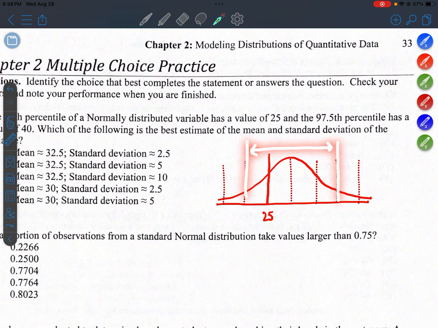Okay, the 97.5 percentile, well, we know that if we go 2 standard deviations out, that's going to capture about 95% of the data. Now everything has to add up to 100%, so there's still 5% missing. Okay, if you split that 5% in 2, you get